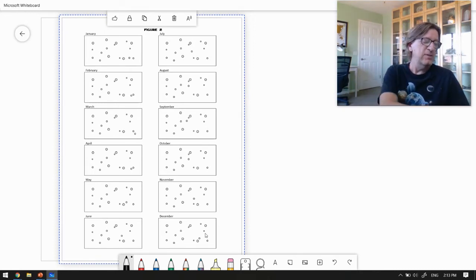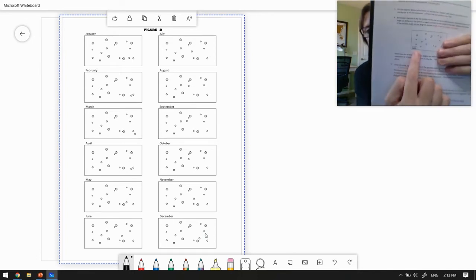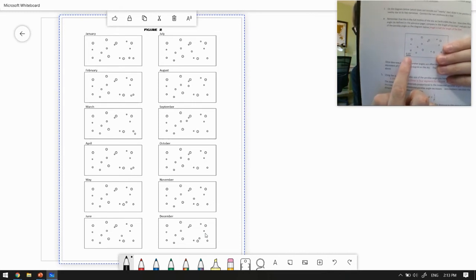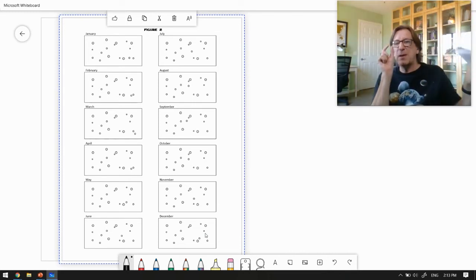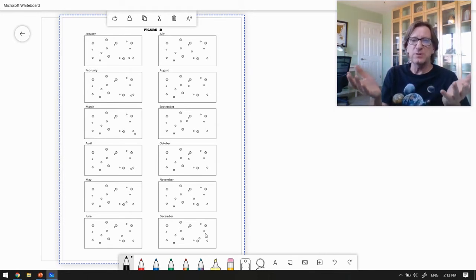And then the last thing that we're going to have you do, if you look at this scale bar right here, and hold it up to the camera so you can see. So if you look at that scale bar right here, the length of that bar is 0.25 arc seconds. I need to explain what an arc second is. So you're probably familiar with degrees. How many degrees are in a circle? 360 degrees in a circle, okay? So all the way around the sky would be 360 degrees.